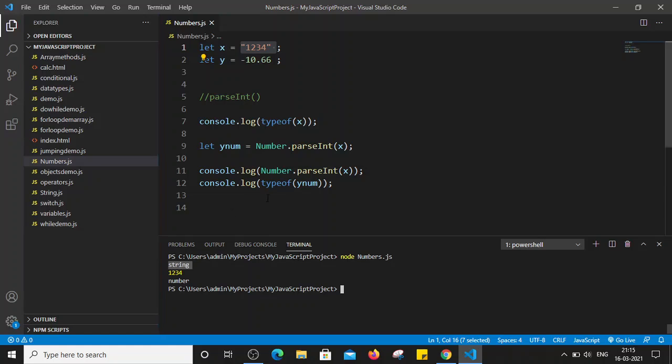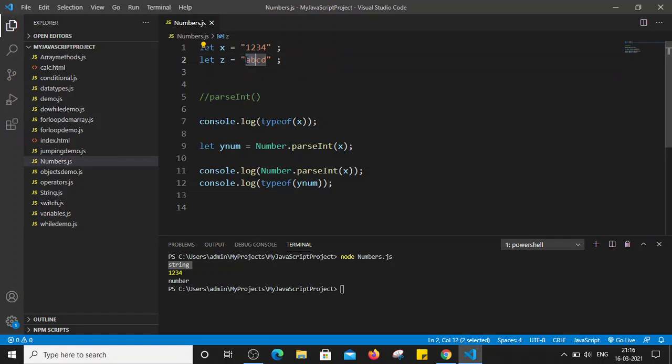Similarly, let's say we have defined another variable here. Let z is equal to the ABCD string, right? So here we have used another string that has actual characters, not the number format.